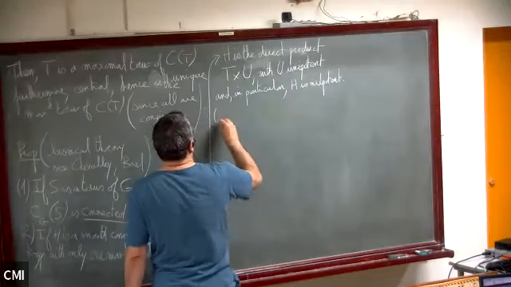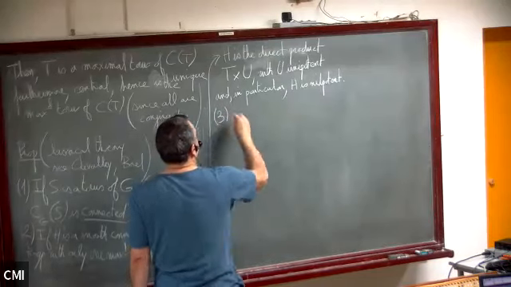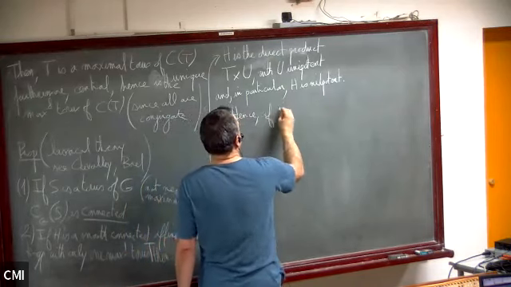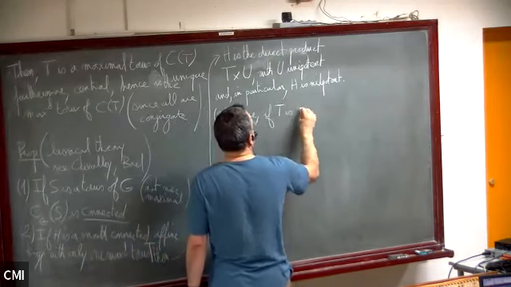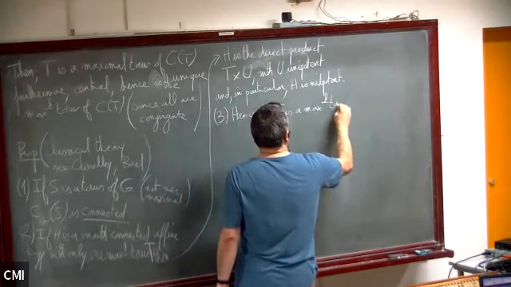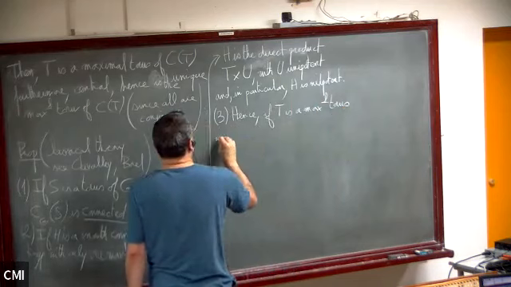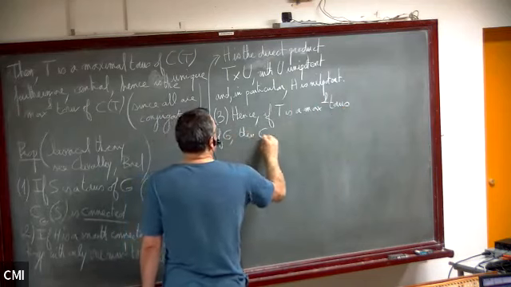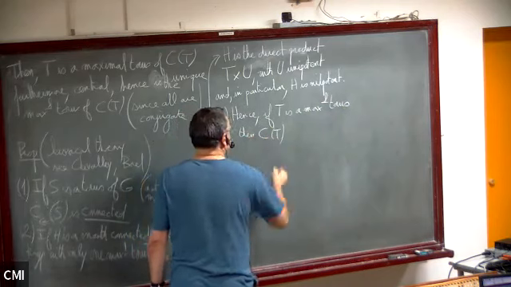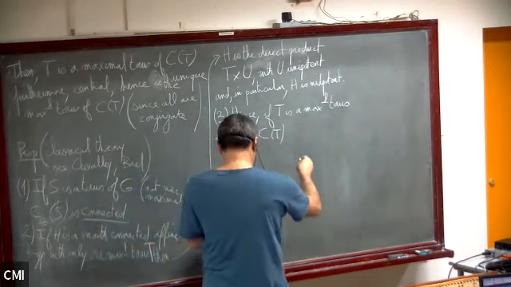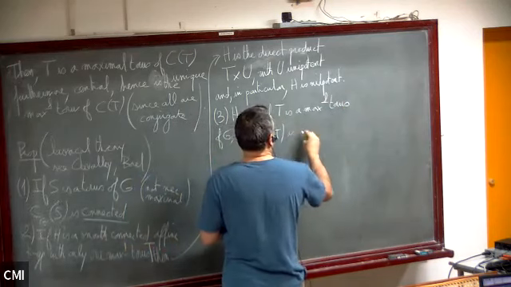And therefore, hence, if T is a maximal torus of G, then the Cartan subgroup C of T is connected